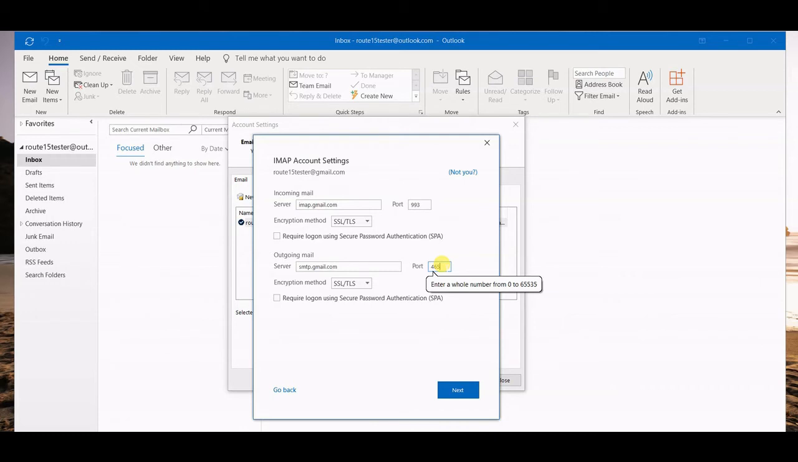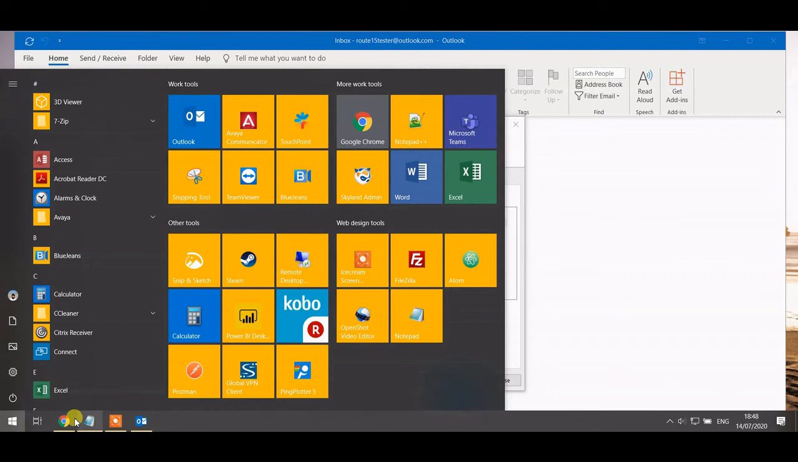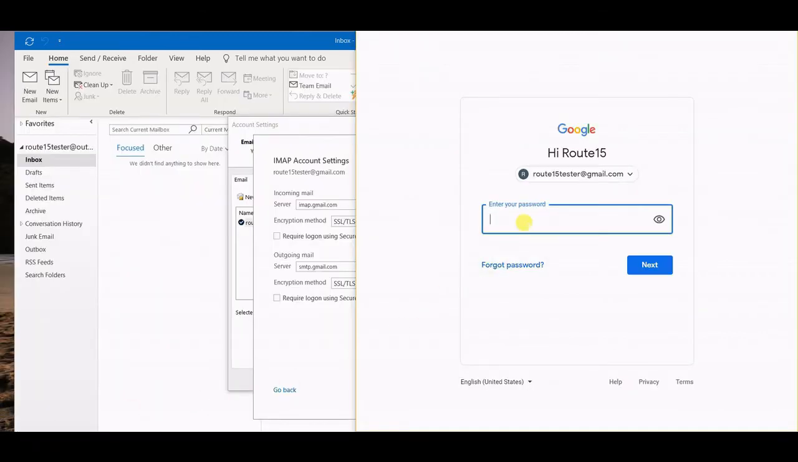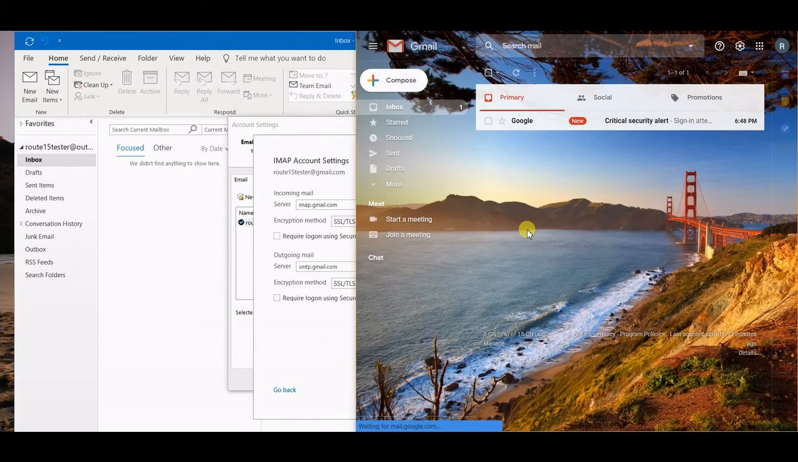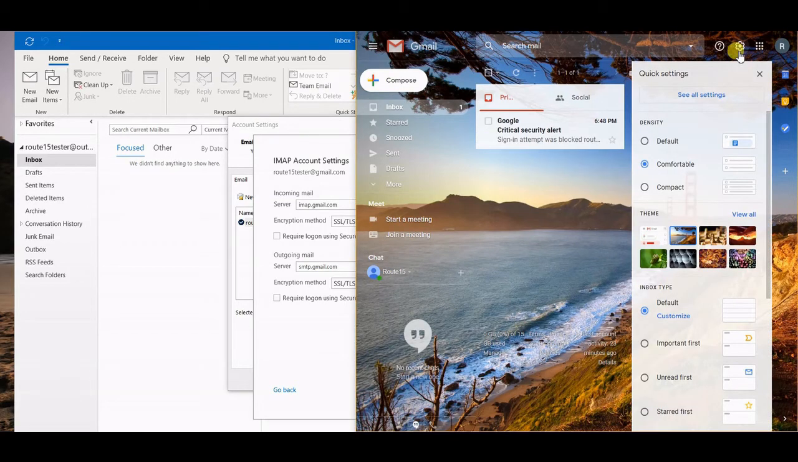Okay, so if all the details are correct, what we need to do is just access our Gmail account. So I'm just going to quickly do that. You can see I've already accessed the web page here. I'm going to log in. And once I'm at this screen, I'm just going to quickly head over to the cog icon on the top right corner, click see all settings,